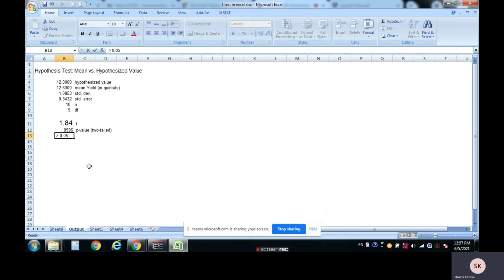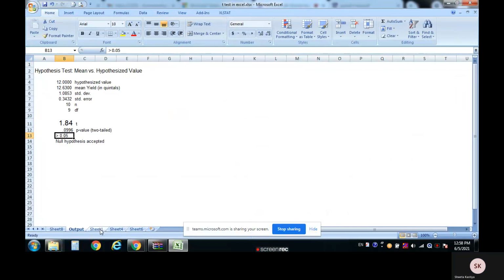It means we can say that null hypothesis is accepted, as p-value is greater than 0.05. So this is how we apply one sample t-test in MS Excel.